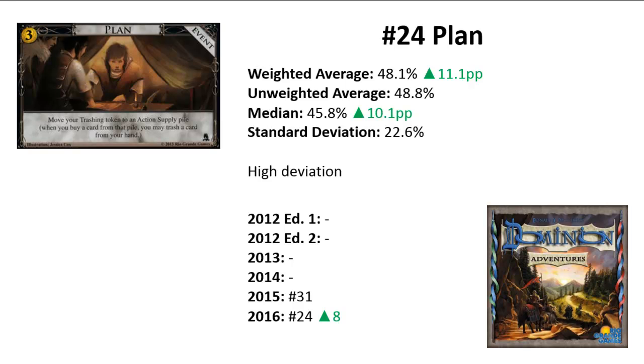And now, sorry about the second rant. Yeah, because I'm even more sure about this one because I have played with Plan a lot more. And Plan, I don't get why Plan won 8 ranks and 11 percentage points. I would expect it to even lose points and ranks because to me Plan is just not that good of